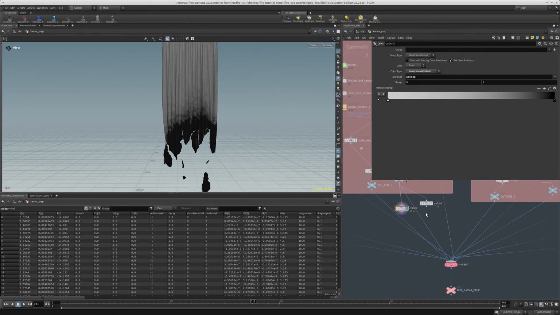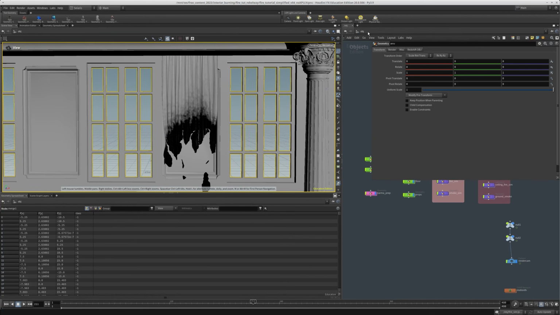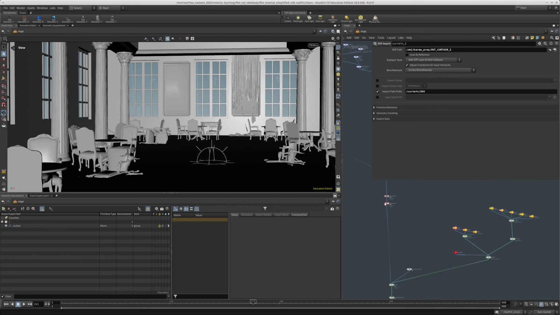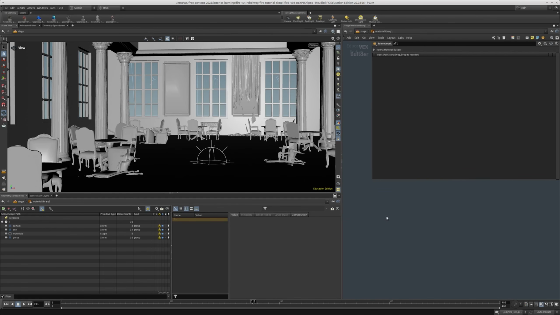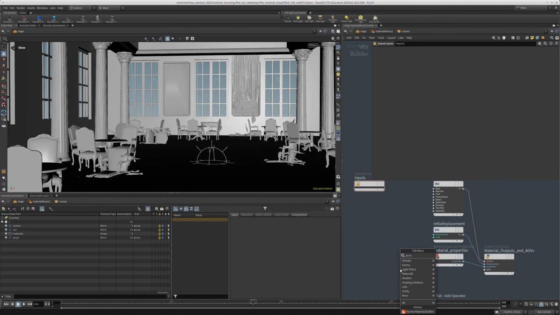Okay, so let's do this in the shader. And let's go back to Solaris. I'm going to dive inside, create another material, a camera material builder. I'm going to call this curtain. And I'm going to continue using MaterialX. So I'm going to use a geometry color